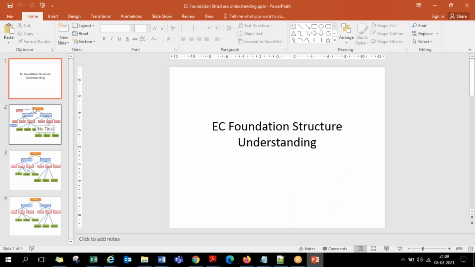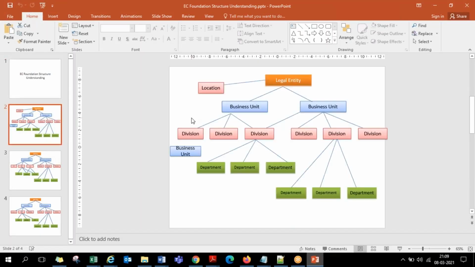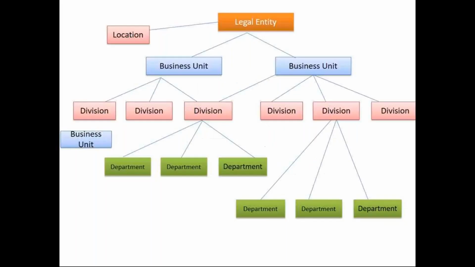So in this organizational structure file, we have the standard layers like the legal entity, business unit, division, department and all. Under division or under department or anywhere in between the layers, if a customer expects to have some additional layers, whatever terminology they call those layers is completely up to them. But if we need to bring in these additional layers, how do we do that configuration, and how do we integrate that newly added layer into the organizational structure? That is what we are looking at now.